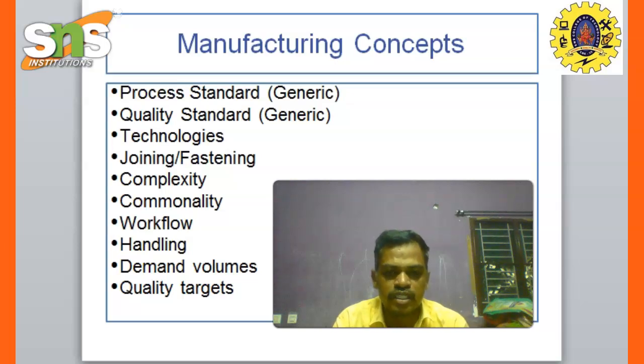Next one is a quality standard. The expected quality level should be attained. Quality is essential for every industry. Suppose we are buying a common example, a vehicle. That vehicle should reach its target, that means a mileage of 80. The company provided 80 km per hour, and if they achieve the 80 km per hour,